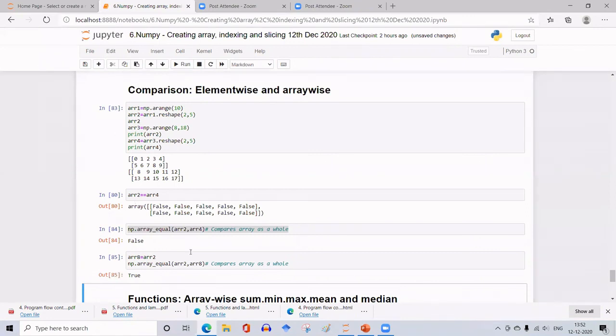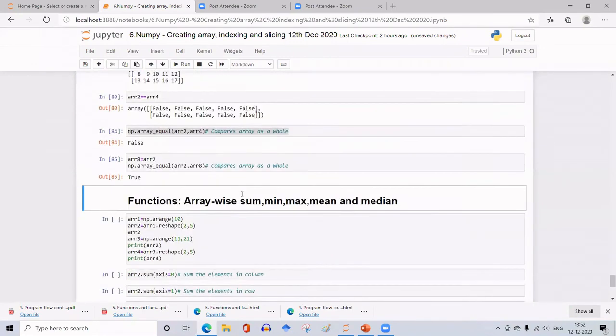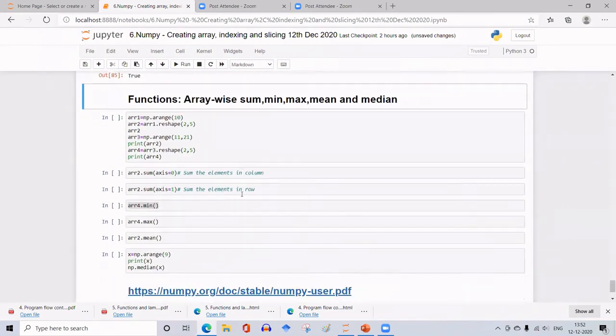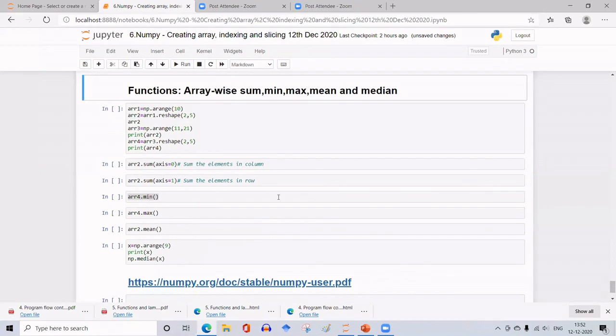Got it? Is this comparison, element wise and array wise, clear? Anyone? Yes, ma'am. Next, there are some functions. This is the last part. I'll close after this. So there are some functions which are performed array wise.